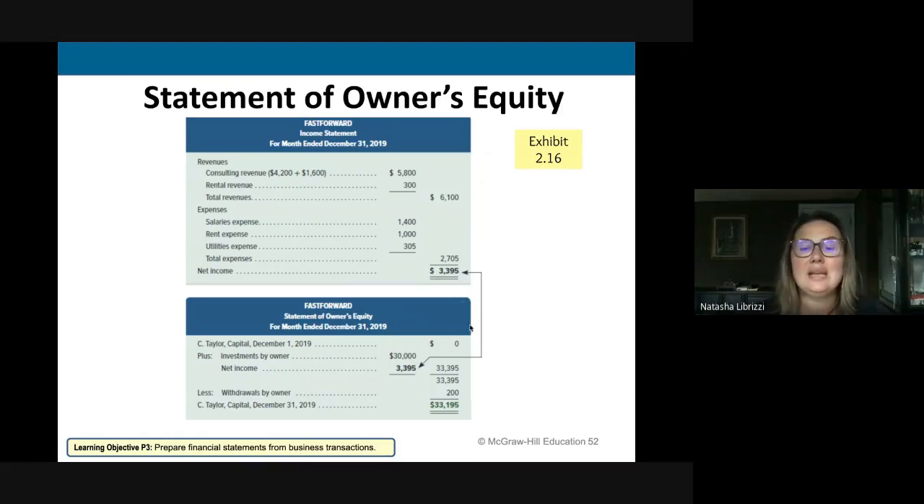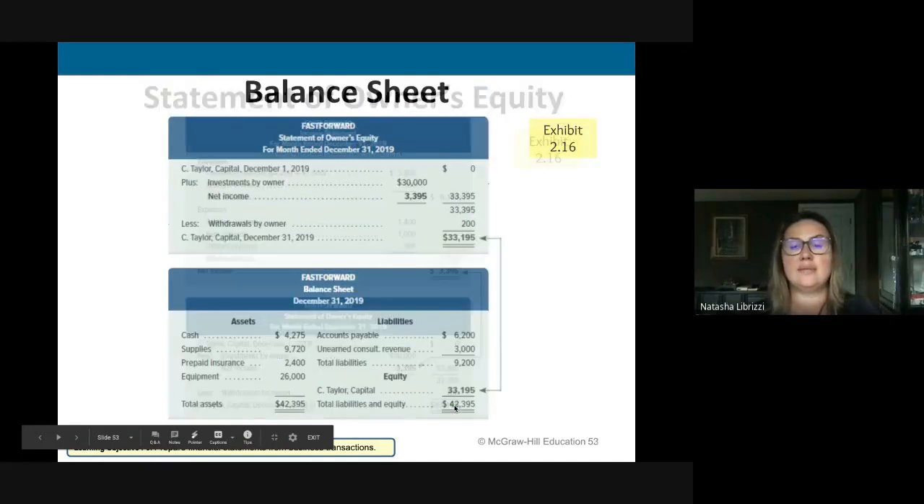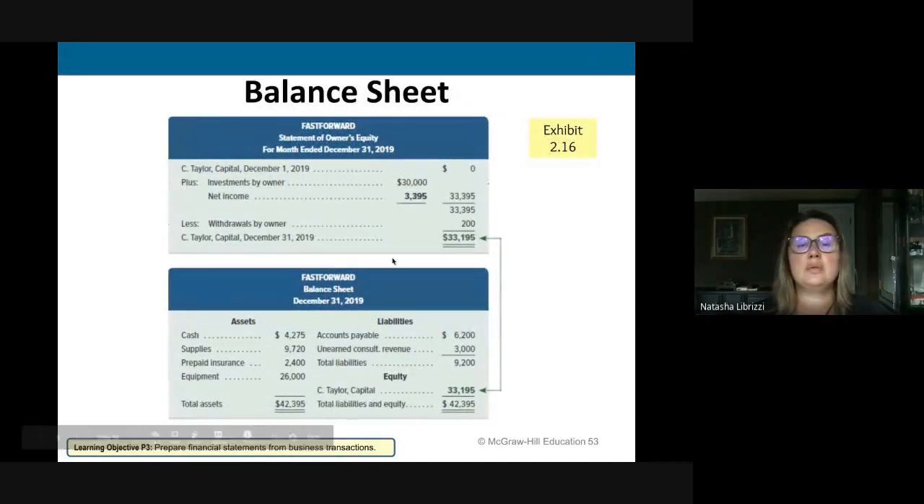You're going to add the net income you just calculated. So you have a net increase of 33,395, less withdrawal from owner, and your ending capital is 33,195. This number is going to be used on the balance sheet to finish your financial statement preparation for this particular exercise. So remember how on a trial balance, I mentioned all of those are going to be used on the balance